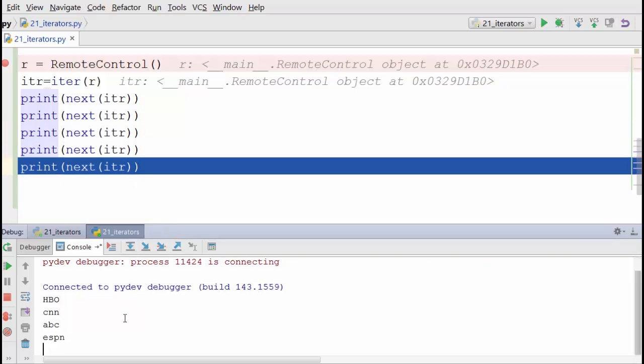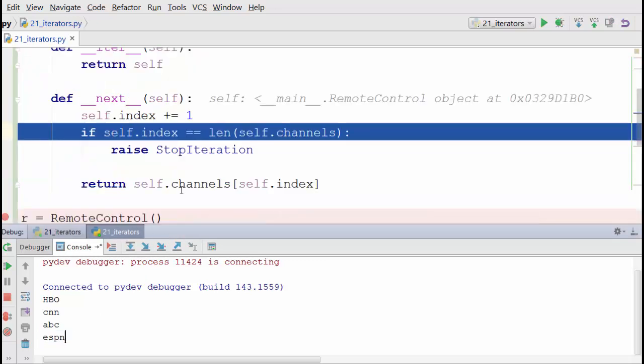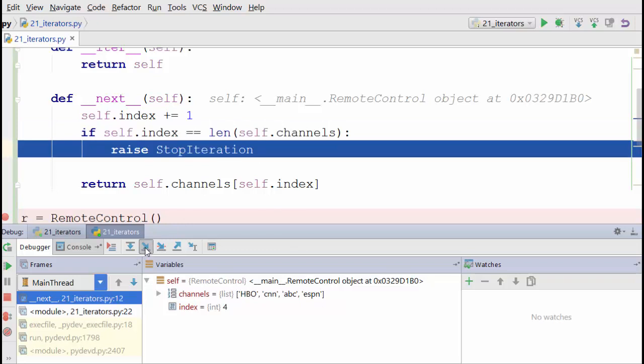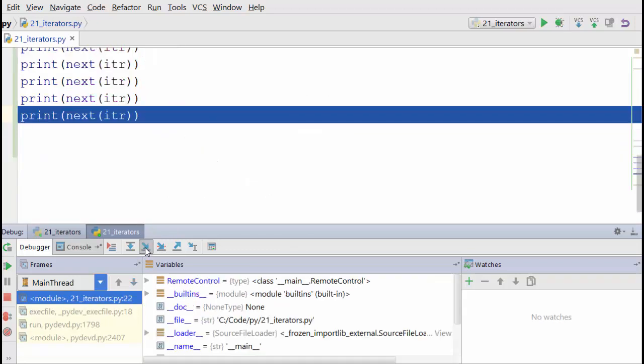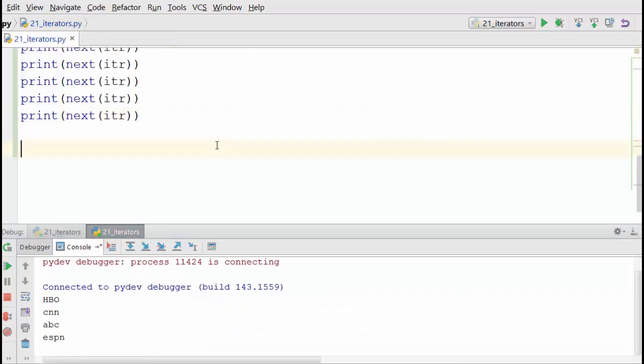Now I am at ESPN. I'm going to go inside this method because it's going to raise StopIteration now, since we are at the end of the list. Let's see self.index. If you notice, self.index is 4 and the length of self.channels is also 4, right? 1, 2, 3, 4. So it is going to go into this if condition. Now it is raising this StopIteration exception. If you look at your console now, I'm going to just